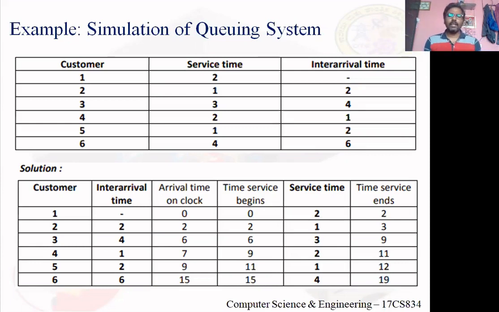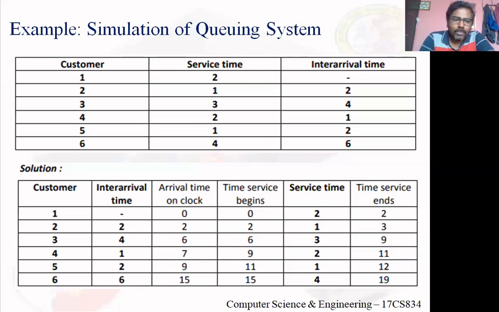So I should have included one more column in the table, a waiting time column. Then for each row I would have got an entry, the waiting time of each customer. That's nothing but the difference between service begin time minus arrival time. Since I have not included it, let me work it out.